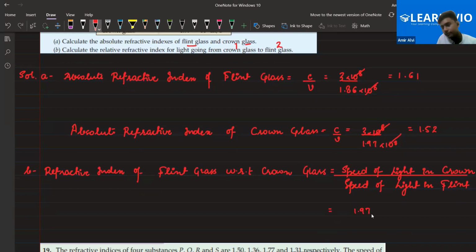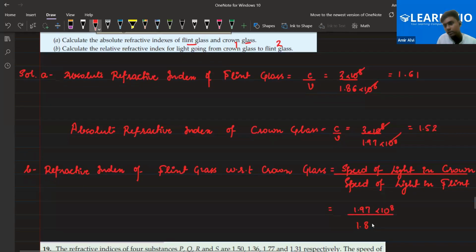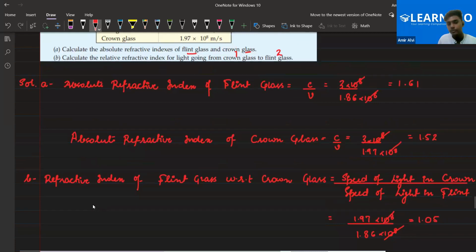that is 1.97 into 10 to the power 8 divided by 1.86 into 10 to the power 8. So this 10 to the power 8 will get cancelled. Let me divide it, 1.97 divided by 1.86. So it is coming out to be 1.05, right? देखो इसका एक और मेथड है, let's explore that as well।